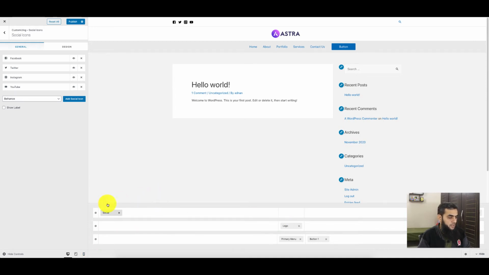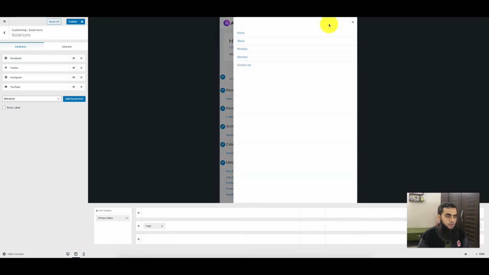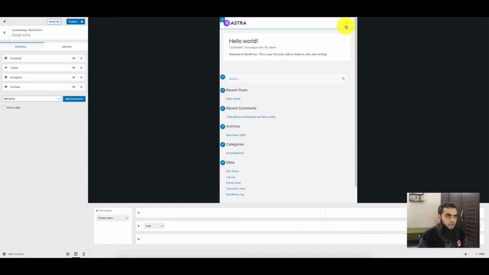Not only can you design this for the desktop, you can design for mobile and tablet layout also. If you see on the left hand side, there are buttons here. I am clicking on this tablet, and as soon as I did, the off canvas menu will be working here. We can change also. Maybe we can add some button here. To do this, we have this feature available, off canvas.